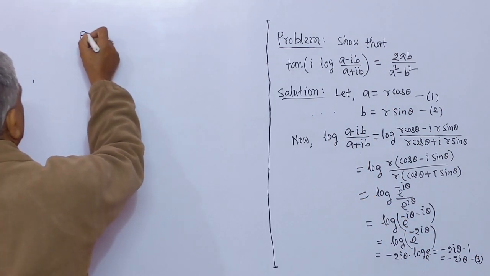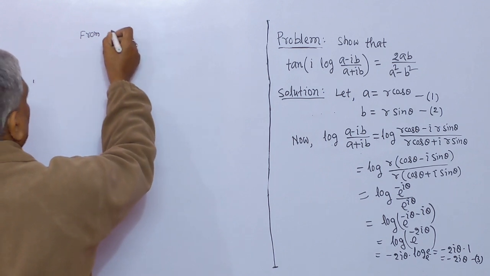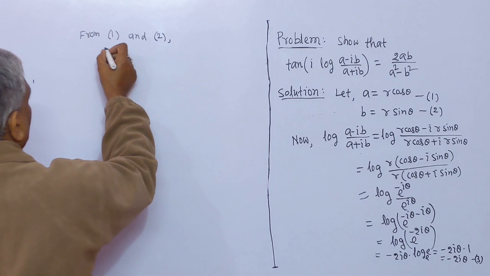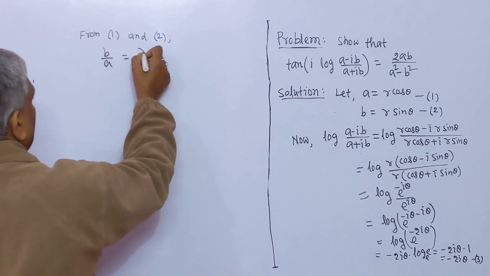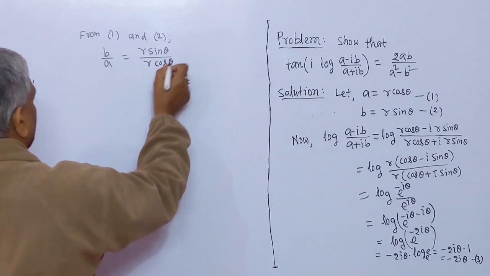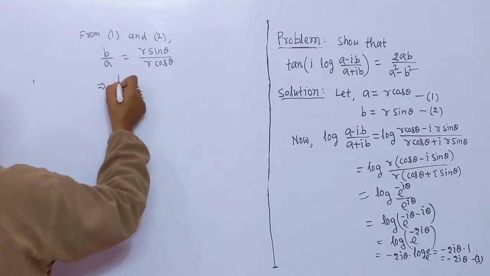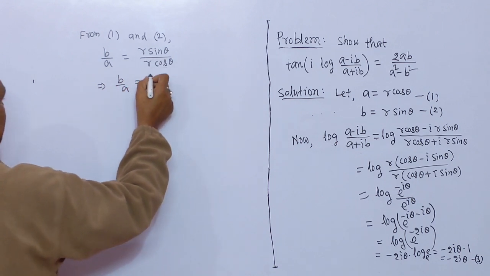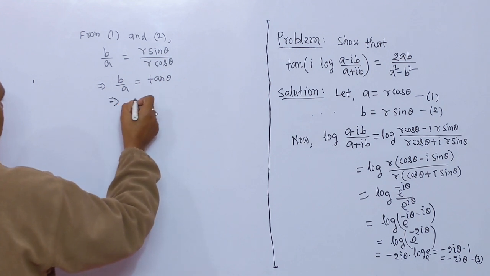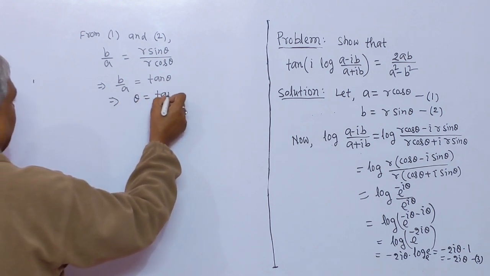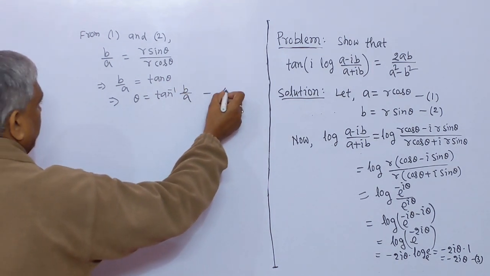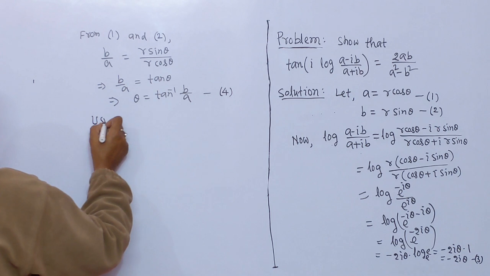From 1 and 2, b/a equals r sin θ/r cos θ, which implies that b/a equals, r cancel, tan θ, which implies that θ equals tan⁻¹(b/a). This is number 4. Using 4